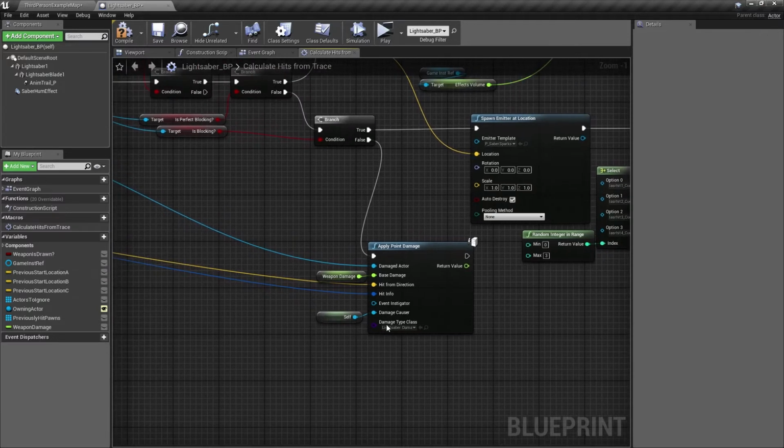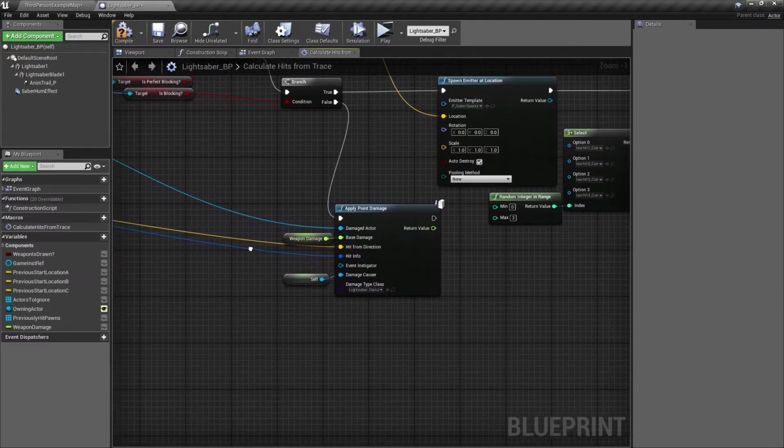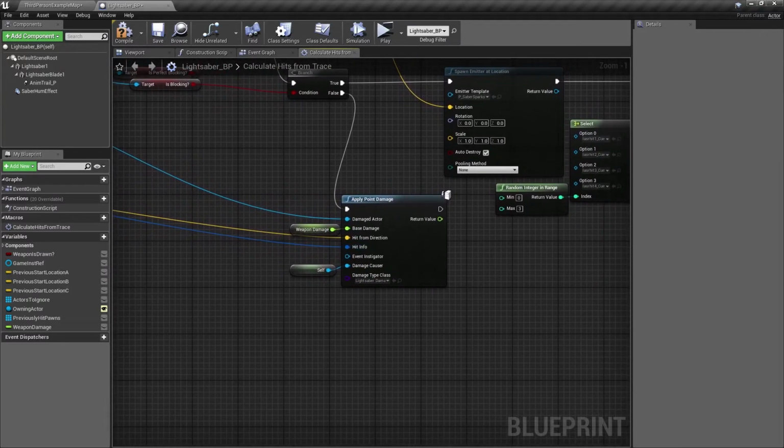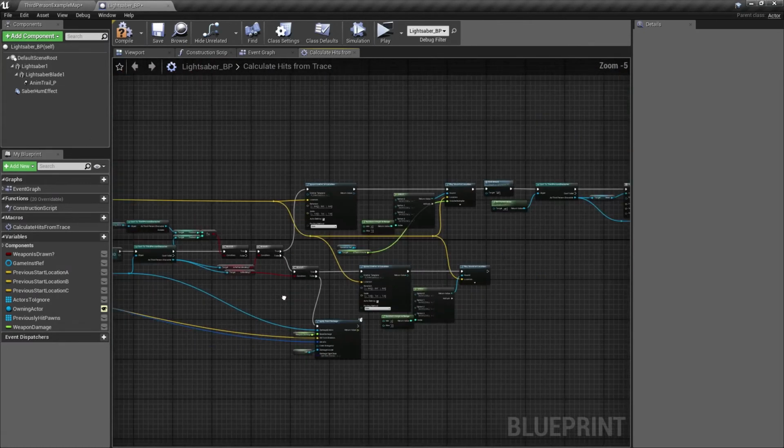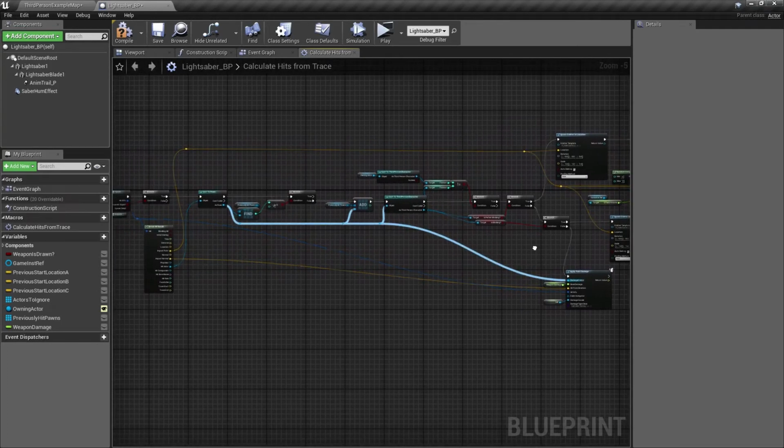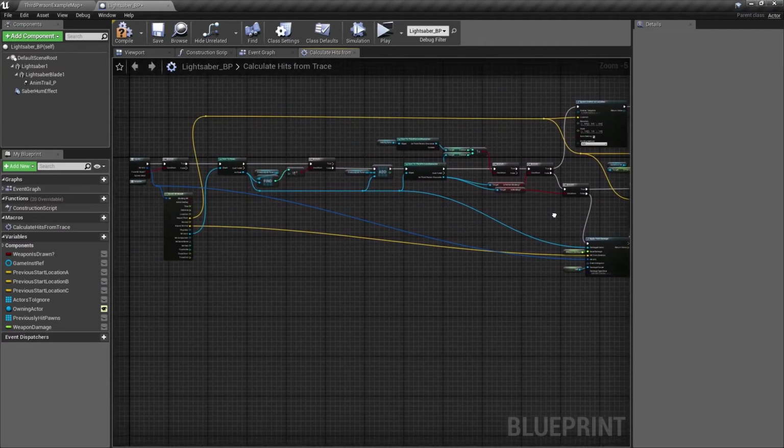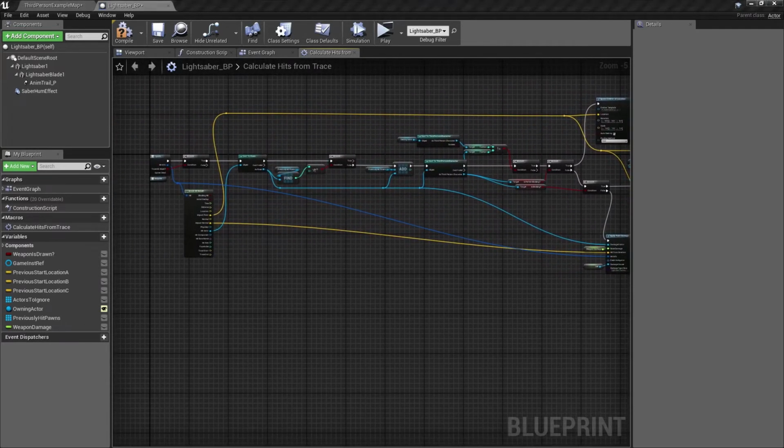So now we got our damage set up. From here, this top half is all pretty much configured. So we're going to go ahead and we're going to do